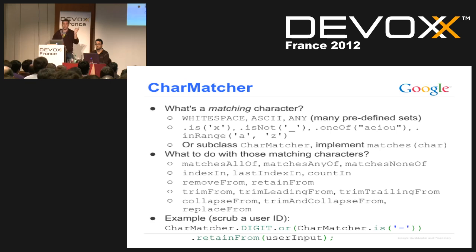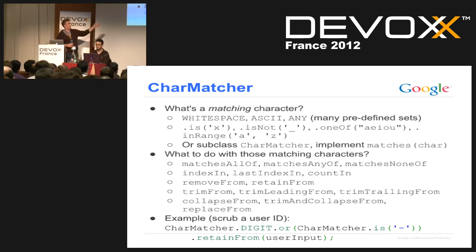So once you define what characters this CharMatcher will match, you have to say what to do with the CharMatcher then. So there's a whole list of different options here. I'm not going to go through them all, but you can basically either ask boolean queries, like does it match anything, or you can get a numeric answer back for the index. You can also remove, trim, and collapse using these CharMatchers on your inputs.